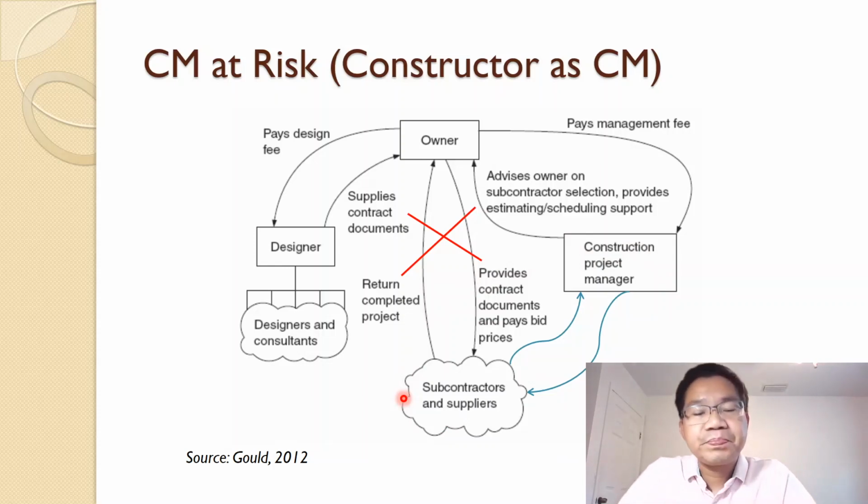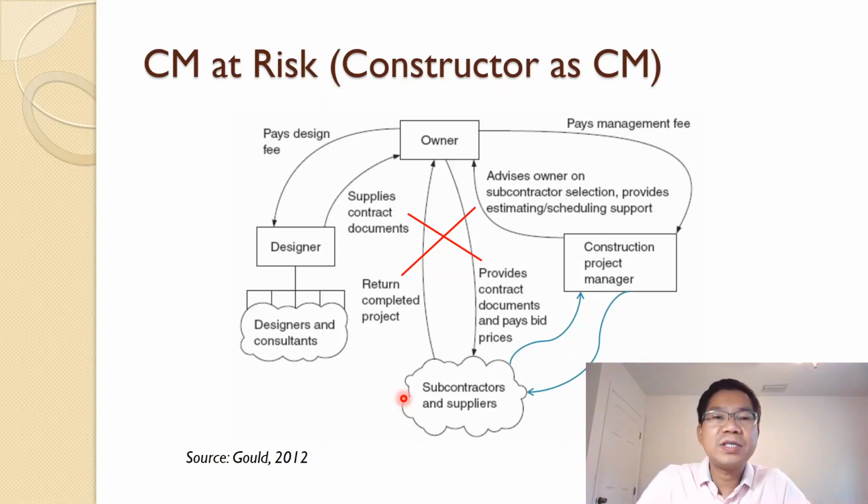And as you saw in the time of contracts, when we talked about the first topic in today's lesson, I said FGCU guarantees a maximum price, GMP, and CM at risk is the project delivery method that FGCU typically uses for major projects. So the risk arrangement at FGCU for major projects is GMP, guaranteed maximum price in the contract, and CM at risk as the